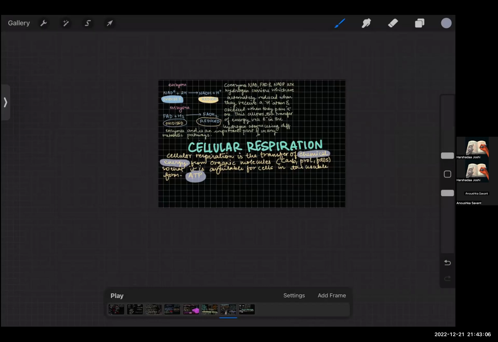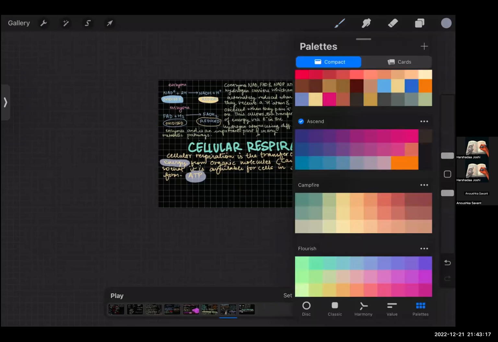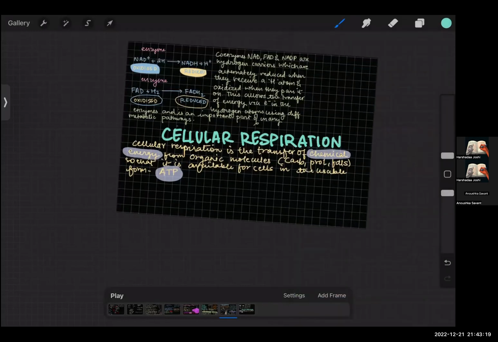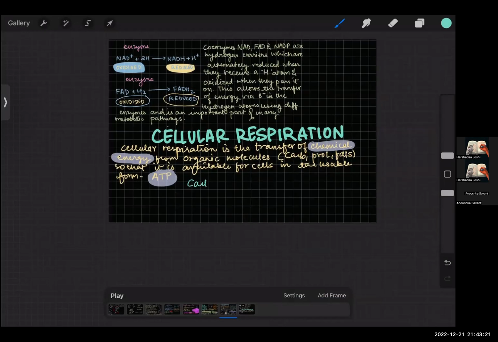Now, all of these molecules are going to be broken down, and as you break down these molecules, they give out a certain amount of energy. If we are to log these amounts of energies, you could say every single time that you break down